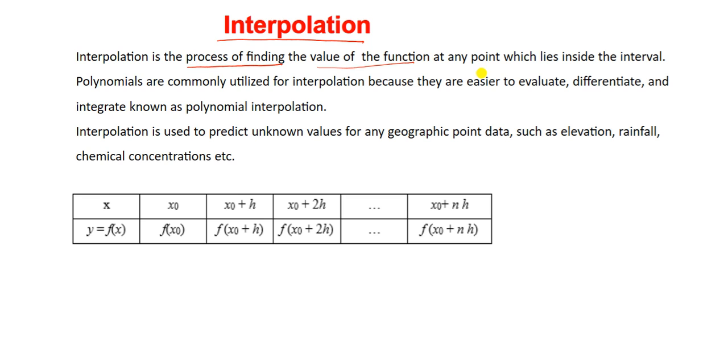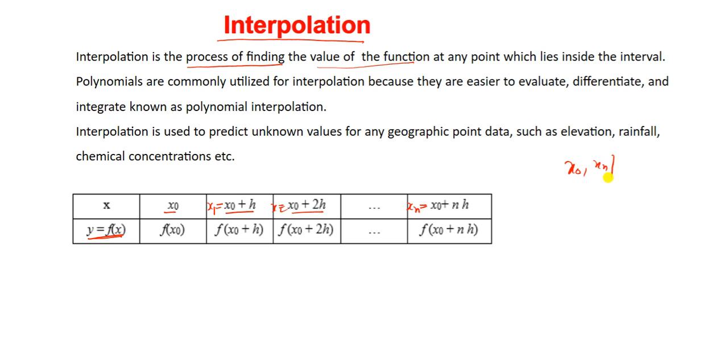Suppose we have the x arguments, which are denoted by x naught plus h as x1, x naught plus 2h as x2, up to x naught plus nh denoted by xn. That is, we have the x values between the interval x naught to xn, and we want to compute the value of the function, that is the value of y at any value of x lying in the interval